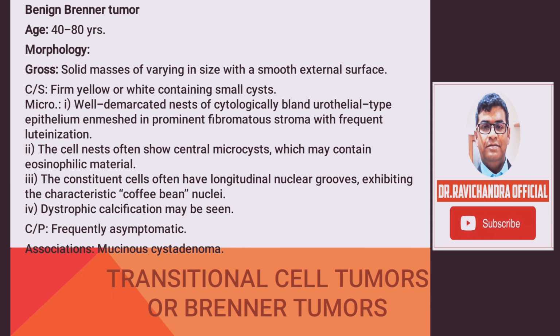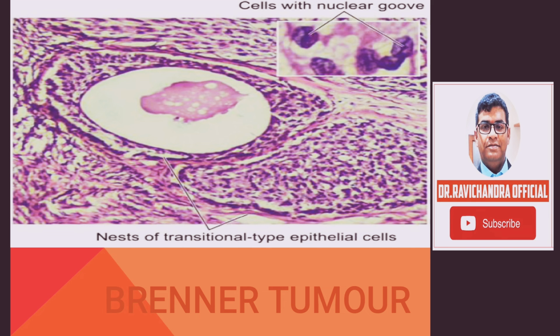Microscopically, these Brenner tumors show well demarcated nests of cytologically bland urothelial type of epithelium enmeshed in prominent fibromatous stroma with frequent luteinization, and the cells show nests with central microcysts which may contain eosinophilic material, and there will be longitudinal nuclear grooves exhibiting the characteristic coffee bean nuclei. Dystrophic calcification may be seen sometimes. Clinical picture: these Brenner tumors are frequently asymptomatic and are associated with mucinous cystadenoma. Tumor showing nests of transitional type of